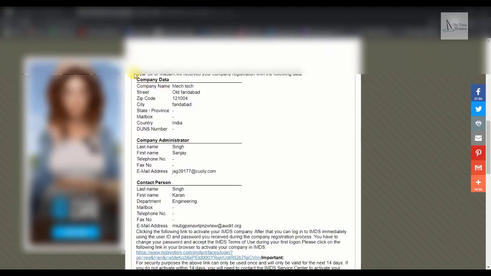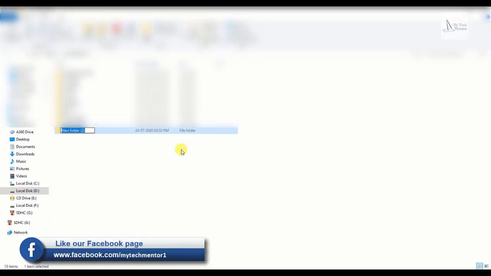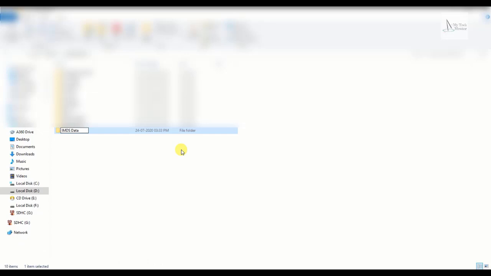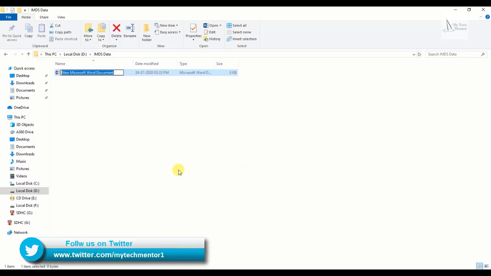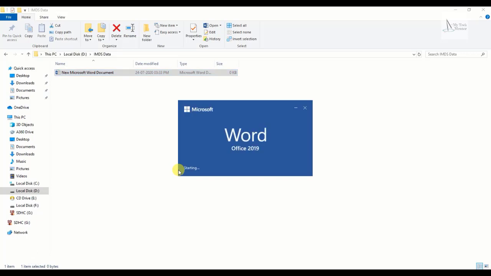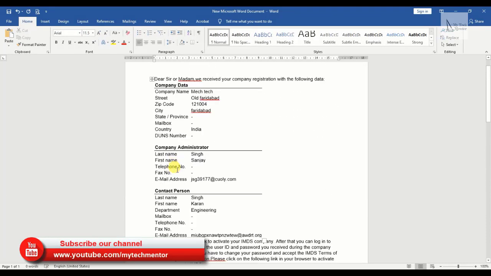Now we are going to copy all this, and I'm going to save all details. Here all login details are saved as a doc file.